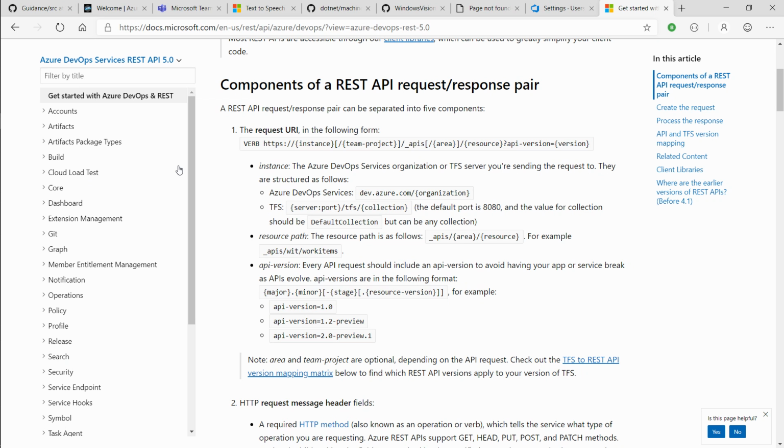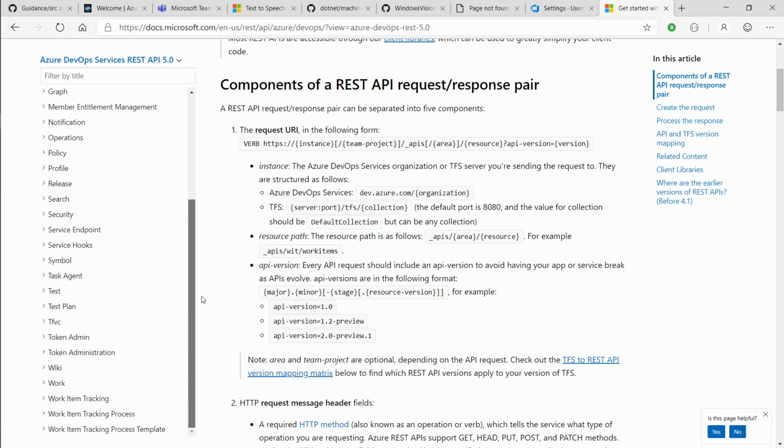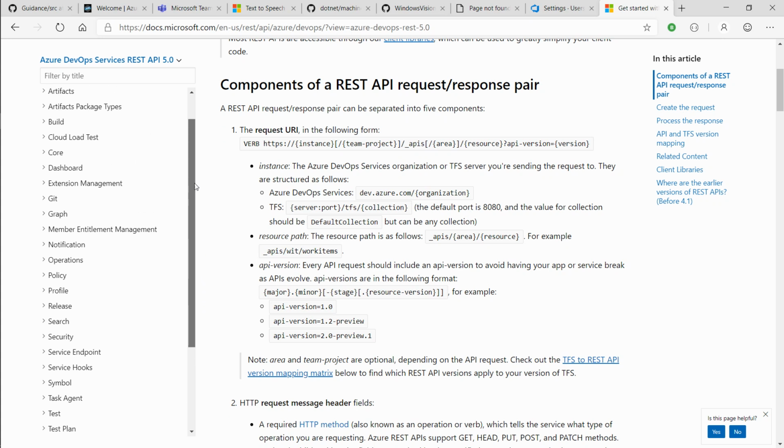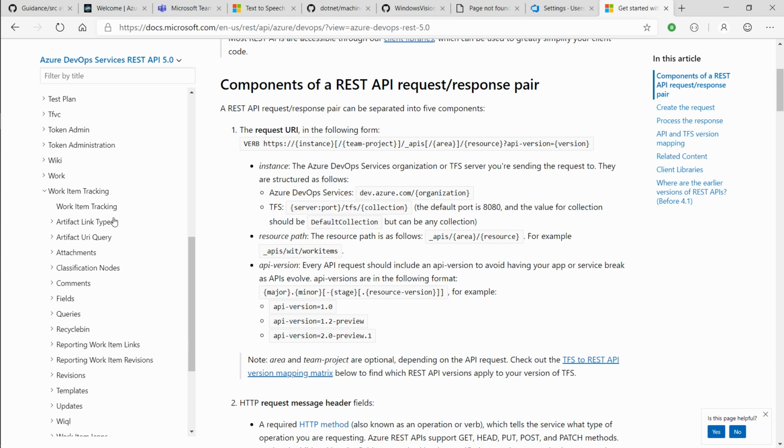So if you have a look here, this is version 5. You can go back to previous versions, even on-premises versions, but get lost. There's all the definitions for it. So if I'm going to look for, say, work items, I can say